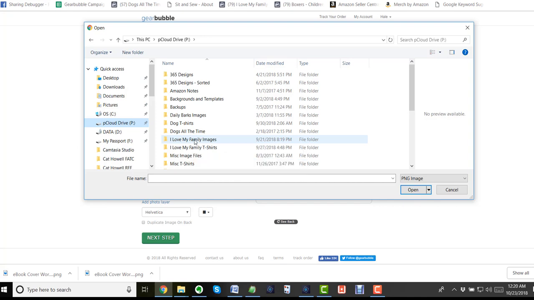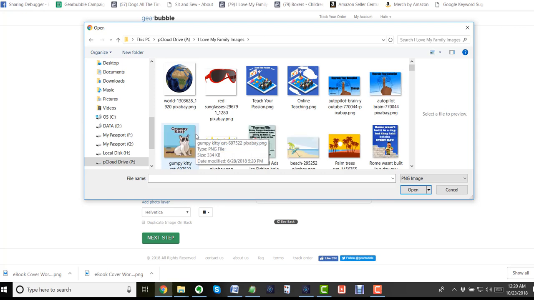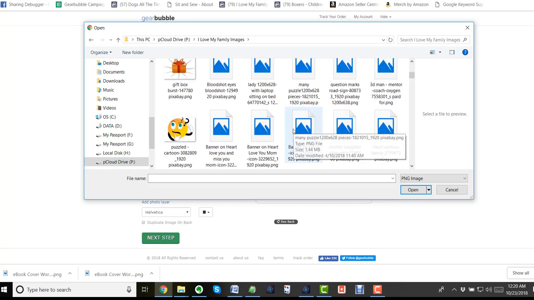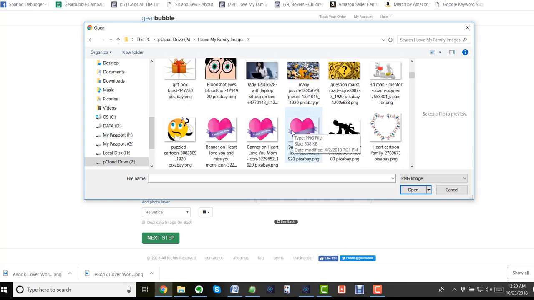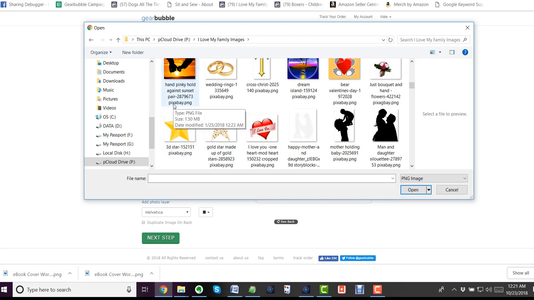The one folder is full of the images, and as I collect images from various places to use, I put them in here so that later I can do what I'm doing right now and just scan down them and see if there's something I'd like to use for a design. I do, by the way, as I download them, rename and add the name of the site where I got them. So Pixabay,